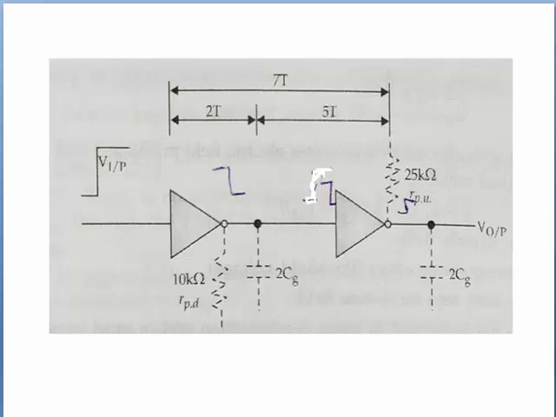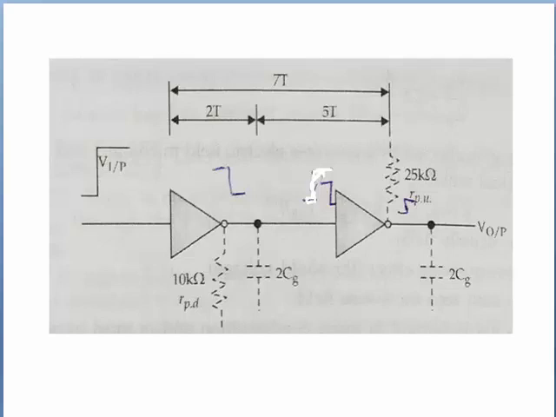First is propagation delay high to low, denoted by TPHL, where TP is propagation delay and HL means high to low. It is the delay when the output switches from high to low after the input switches from low to high. This delay is usually calculated at the 50% point of input-output switching. Second is propagation delay low to high, that is TPLH. It is the delay when the output switches from low to high after the input switches from high to low.